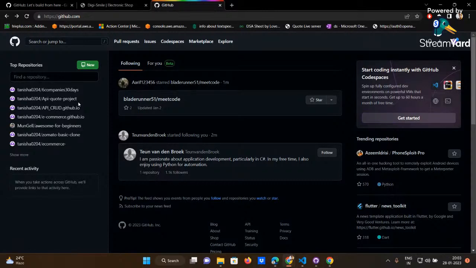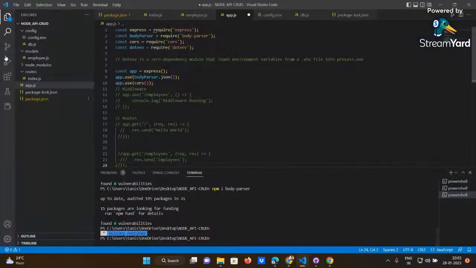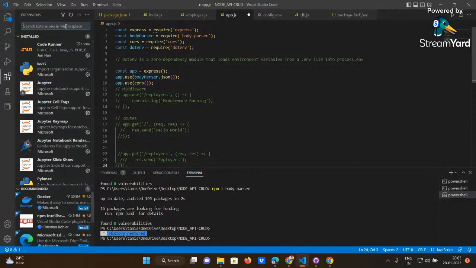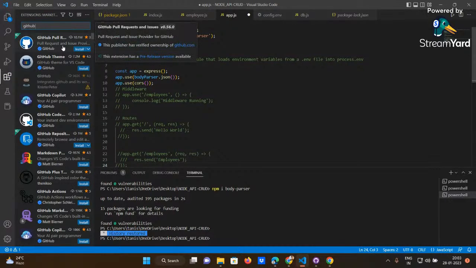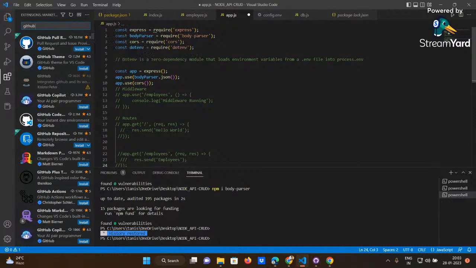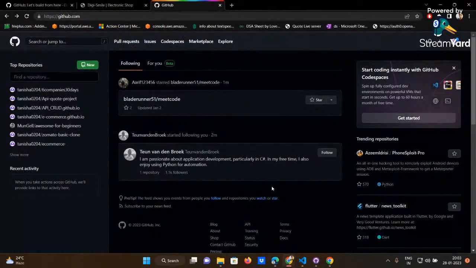Can you push your code directly from VS Code? Yes, that's what I showed. We can directly push our code. For that, I'm not talking about VS Code over here, so I won't be telling much about it. You can add extensions of GitHub over here. When you add extensions of GitHub, say pull and request everything, you'll get signs over here and you can just add it. So we'll not talk about VS Code now. Our main objective is Git and GitHub.